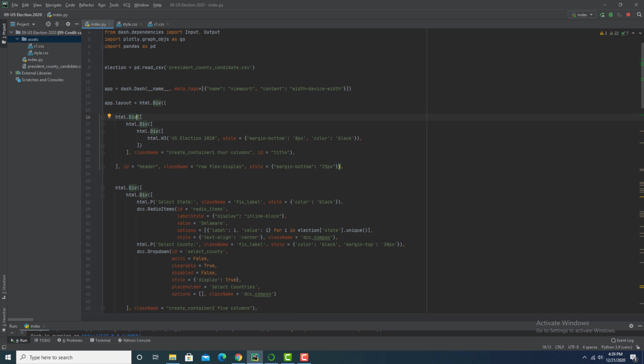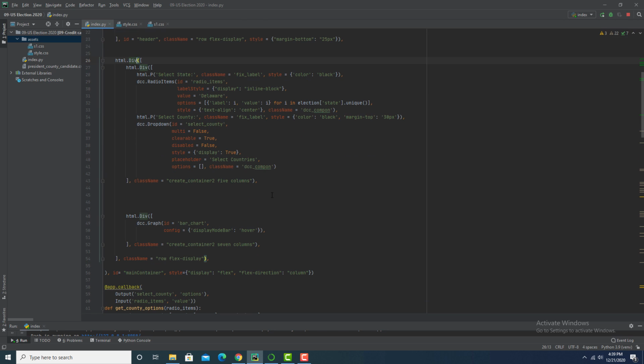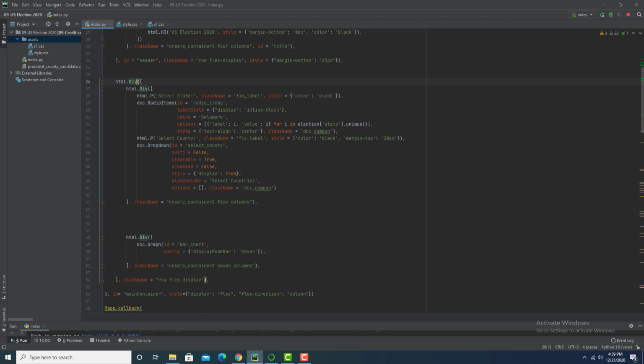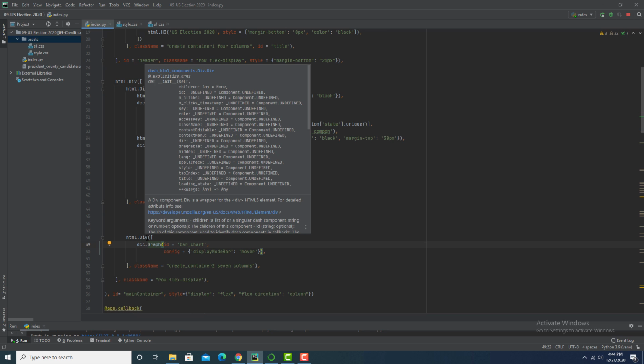Then I have created this first row. In this first row, I have given the title of this dashboard. After that, create the second row. In this second row, I have added three Dash core components. In this row, this is the second component and this is the graph component. I have combined these two components in this HTML div, and the third component is in this HTML div. I have given 5 columns to this HTML div and 7 columns to this HTML div to make a complete 12